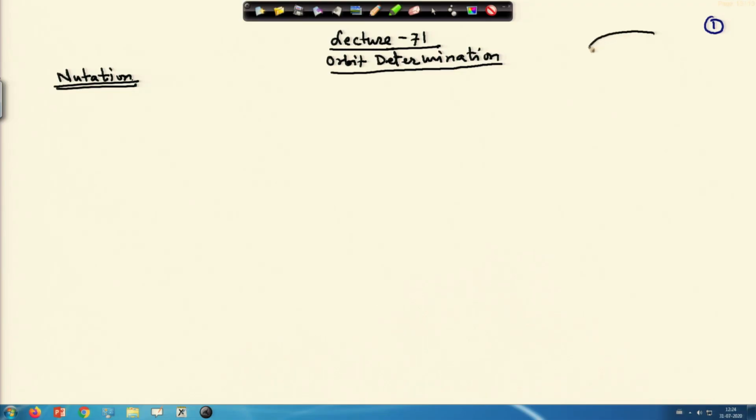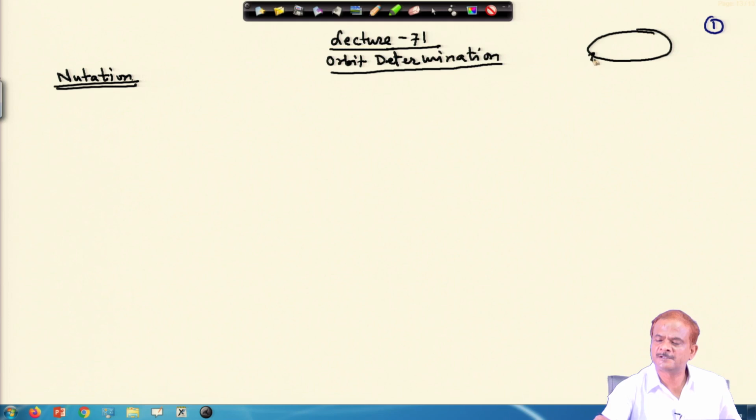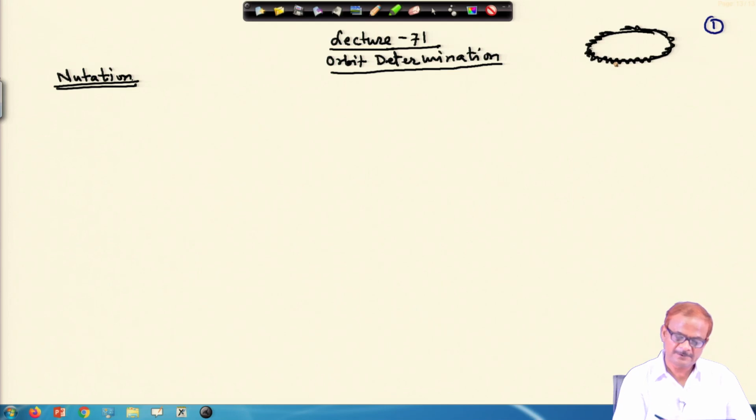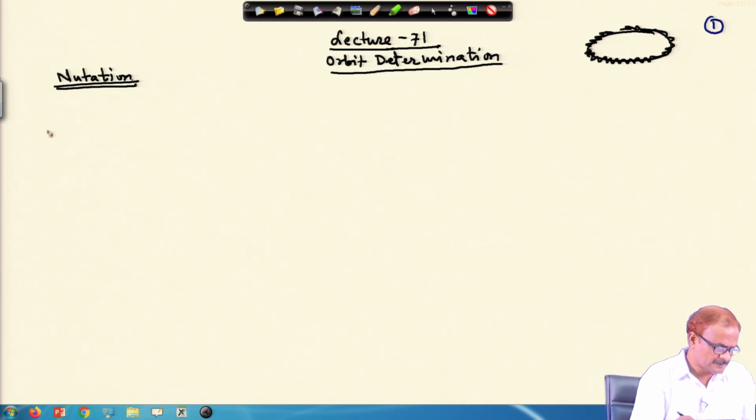Welcome to lecture 71. If you remember, in the last lecture we worked with the precession motion. Now we look into the nutation motion. As I have already told, this is a lunisolar precession, over which the nutation is riding. This perturbation motion is modeled in a similar way, and we can represent this nutation rotation,